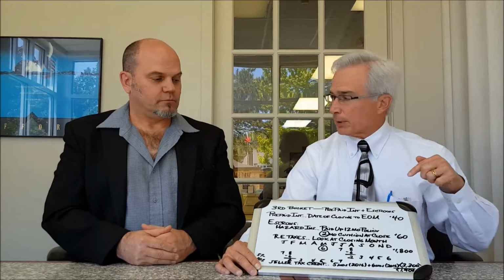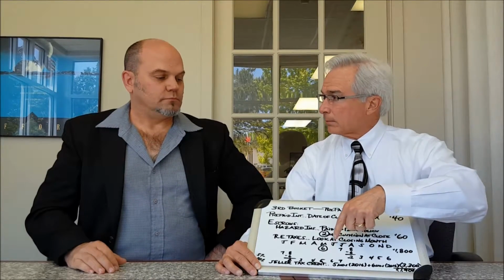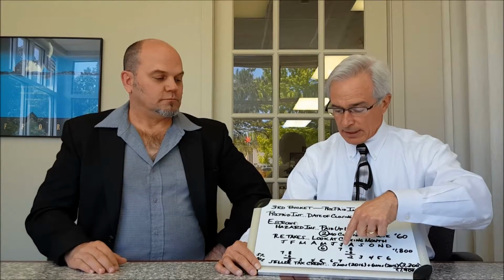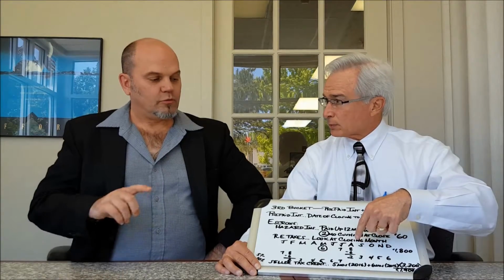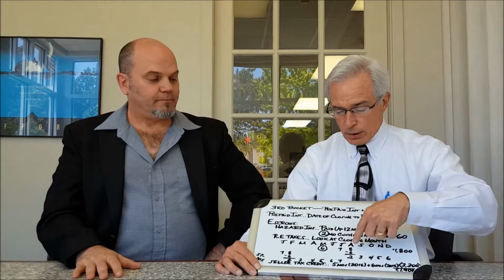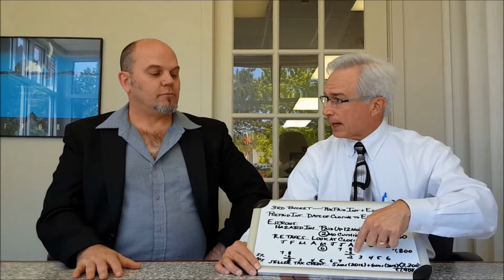And just to show people how it progresses, they set up 6. They don't pay any payment to the bank in June. Their first payment is July 1st, so they'll have 7 months in the escrow. The tax bill is due on September the 1st, but no lender waits all the way till September the 1st. They're going to pay it in late August. So in August, they've got 8 payments in the escrow, minus 6, meaning half a year's worth of taxes